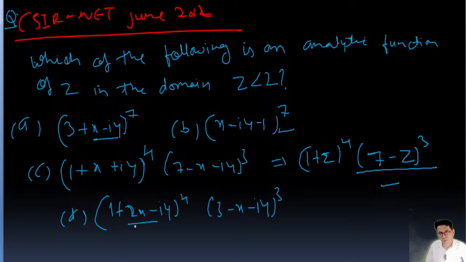So 2x is also there, iy is also there, right? So if x minus iy is z bar, then this is not the function, and similarly this is also not the function because here z bar is present, right? So this is not the analytic function. So option C is the correct option, right? Right, guys. Okay, next, it is a question which is asked in